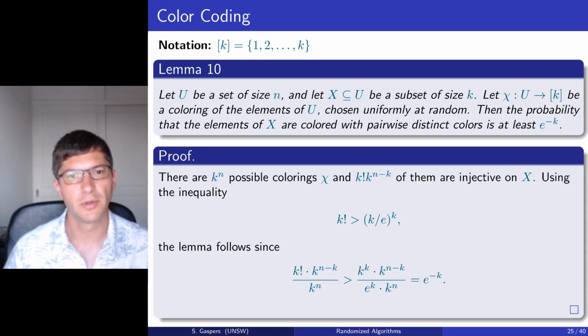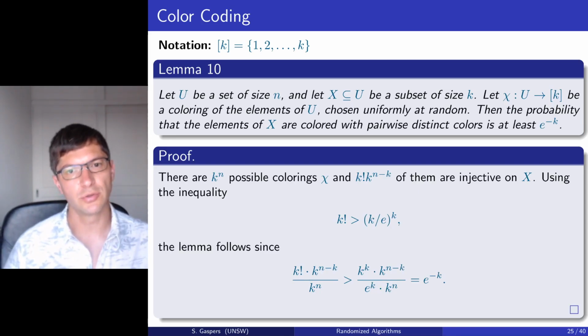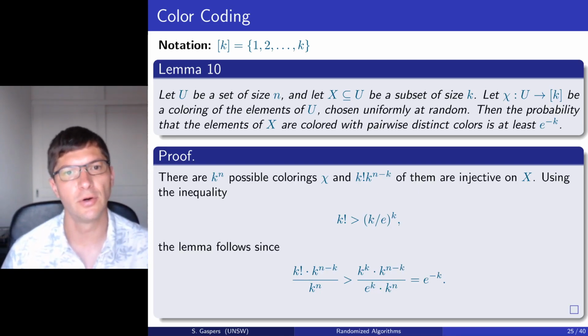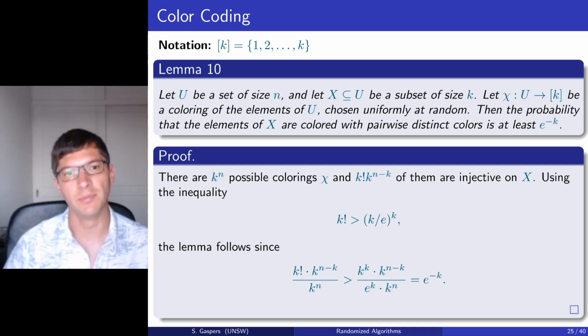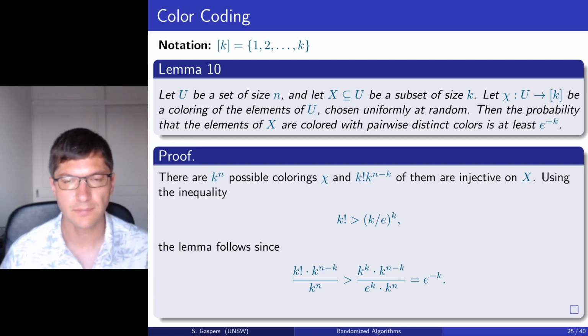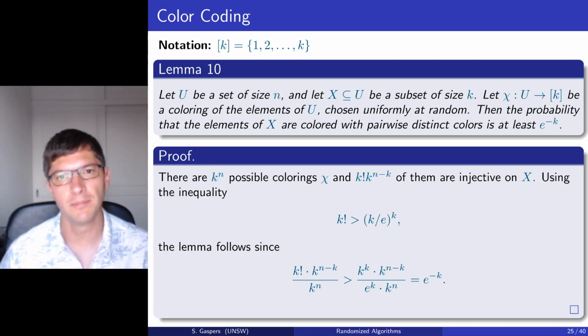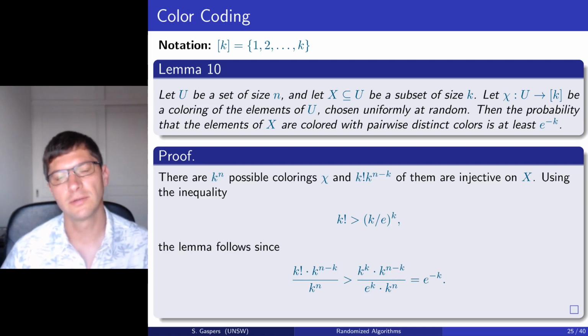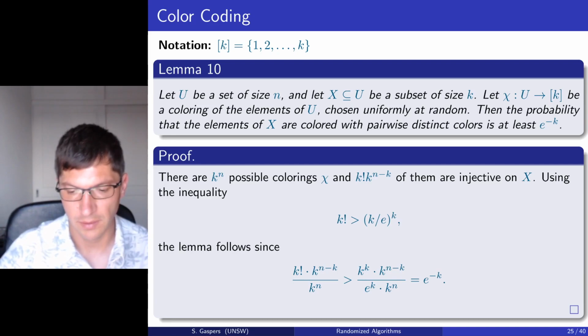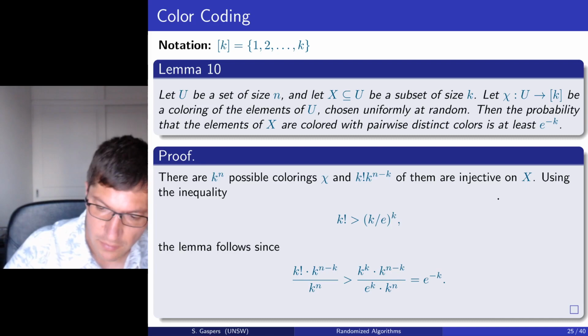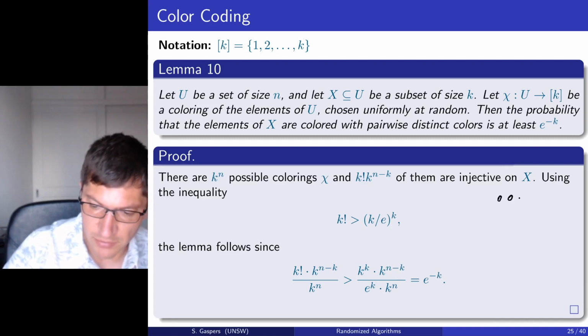To lower bound this probability, we are going to try and figure out what fraction of all colorings have this property. In total there are k to the n possible colorings of n elements with k colors. Now the question is, how many of them give distinct colors to the elements of X? In other words, how many of them are injective on X? So if we look at the k elements of X,